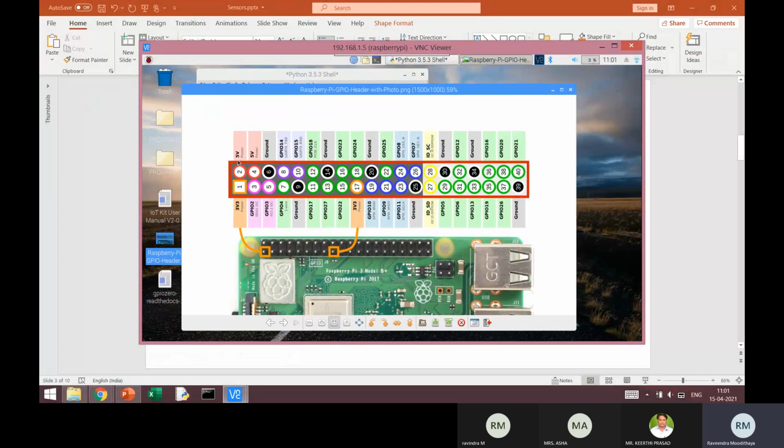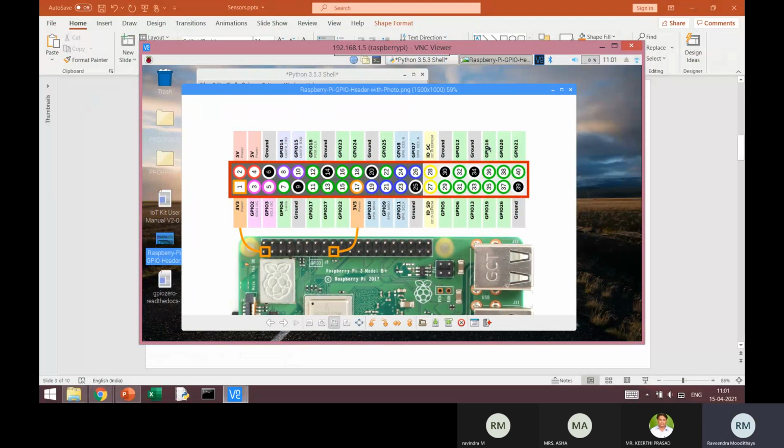So you have the voltages, different voltages, 3.3 and 5 volts here, and you have ground. But you can see that, for example, the board pin 5 is actually named as GPIO 3. Okay, so in the BCM mode, this is pin number 3, whereas in the board mode, this is pin number 5. Or if you come somewhere here, pin number 36. In the board mode, this is pin number 36, whereas in the BCM mode, it is pin number 16.